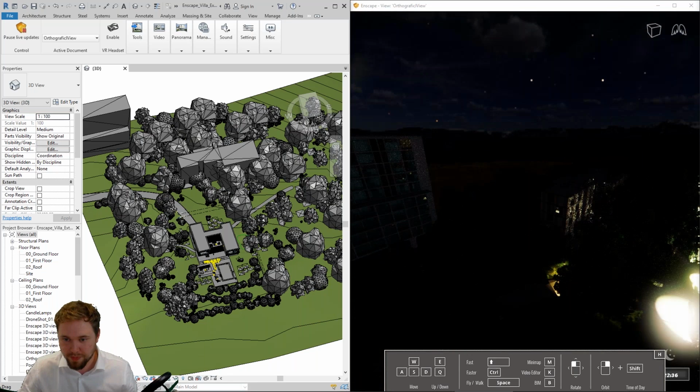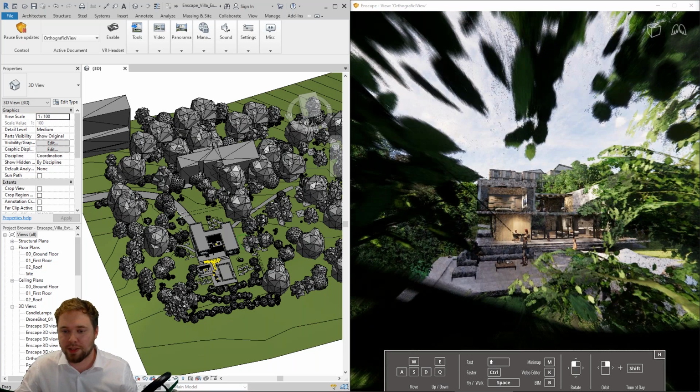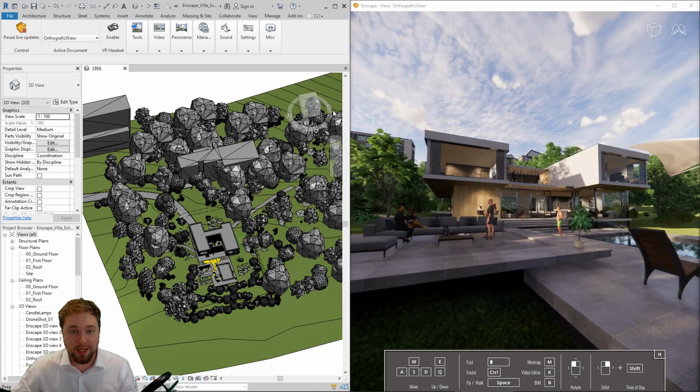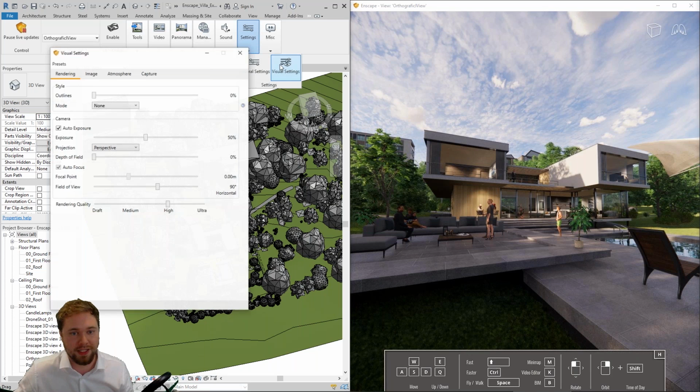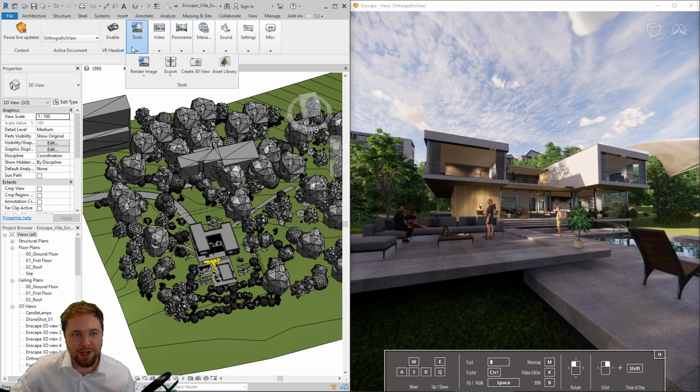How to create a transparent rendering. To do that, the easiest way with Enscape at this point is go to the visual settings and enable export object ID, material ID, and depth channel. Dial this slider all the way to the right to 10,000 meters. That's the depth range. And that will create for you a binary depth map or a mask,